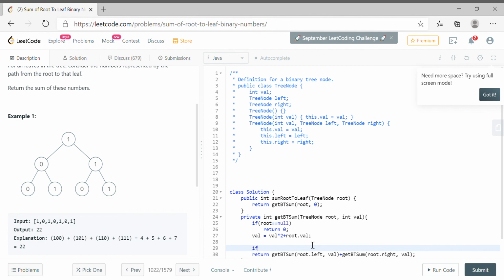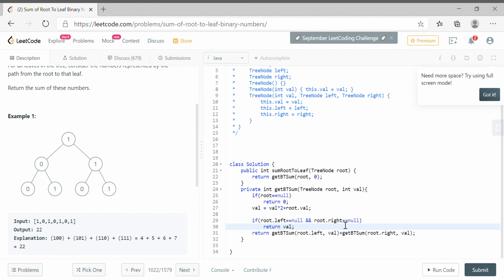What we will do is, if root.left is equal to null and root.right is equal to null, return val. Why am I doing this? Once you come to the leaf node, there's no meaning in going left and right again. Simply return the val.